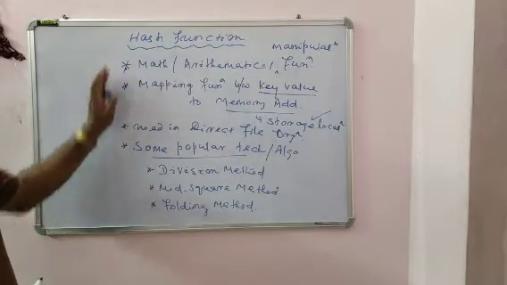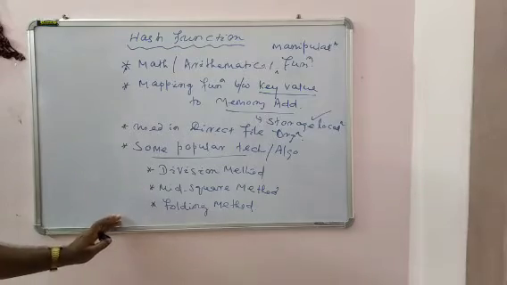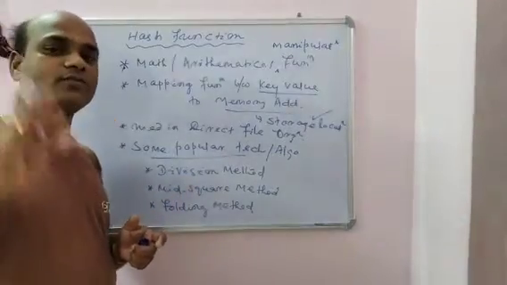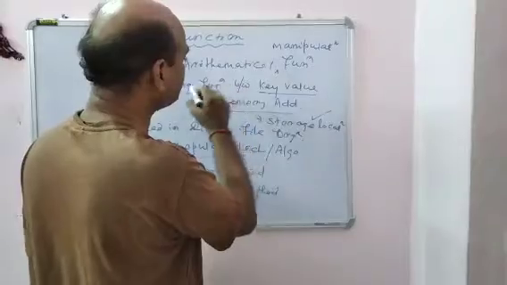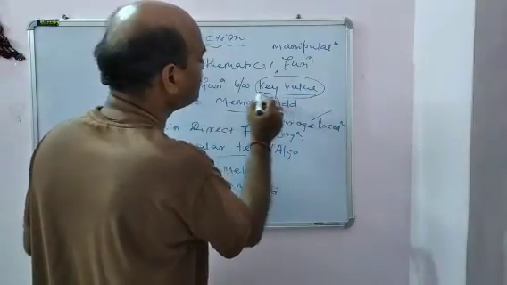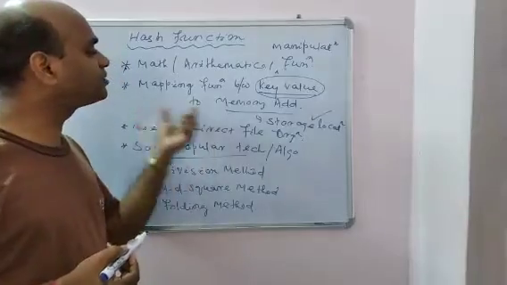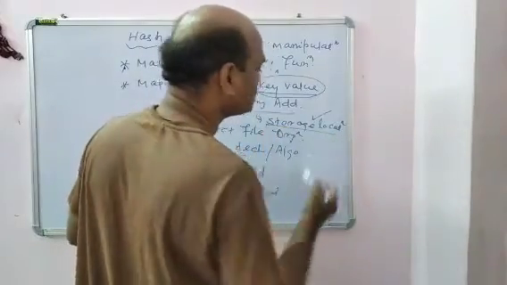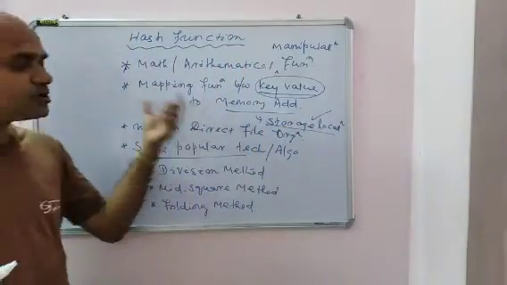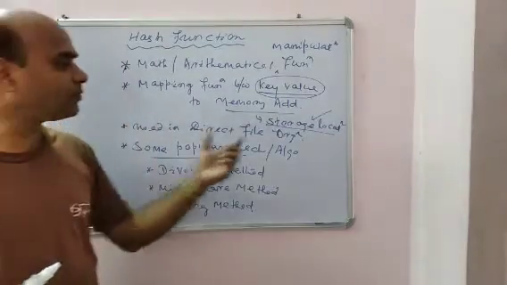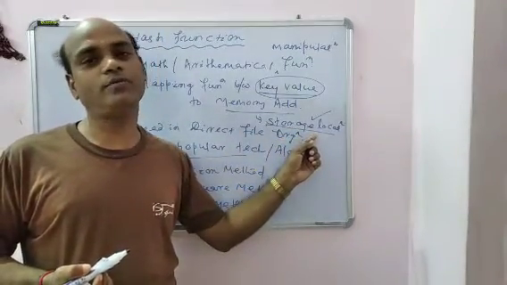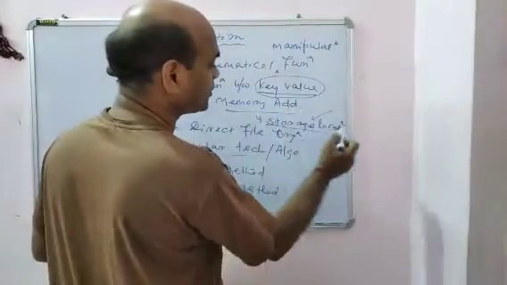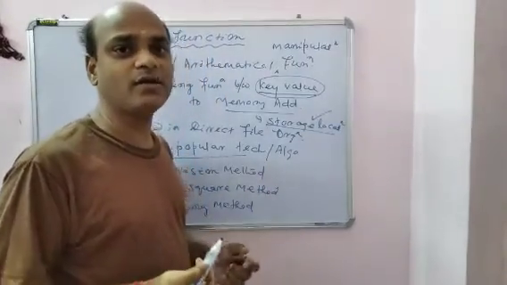These hash functions are normally used in direct file organization. So directly we are fetching the information from a particular location of the memory. This function accepts a key value provided by the programmer and converts this key value to the memory address. This memory address is the storage location. In the previous video classes we have discussed this storage location and given some examples. It is a binary address of the memory space.